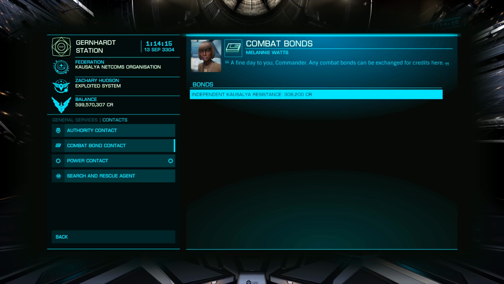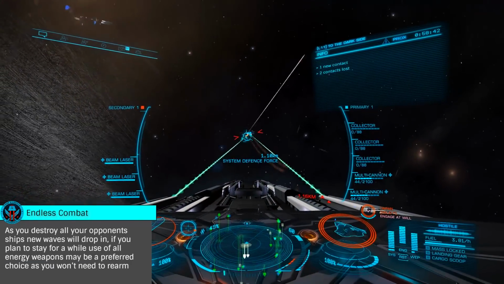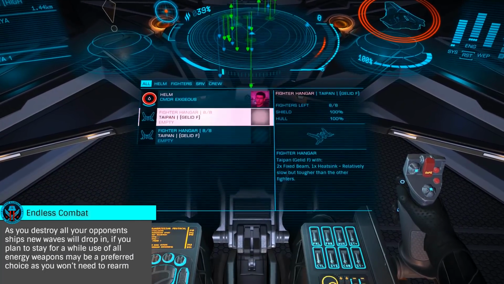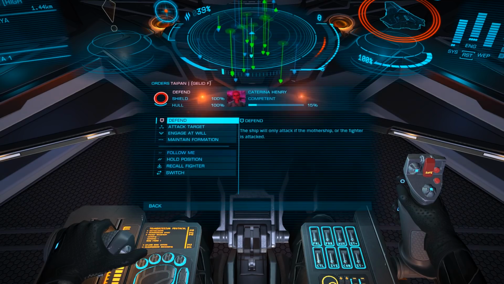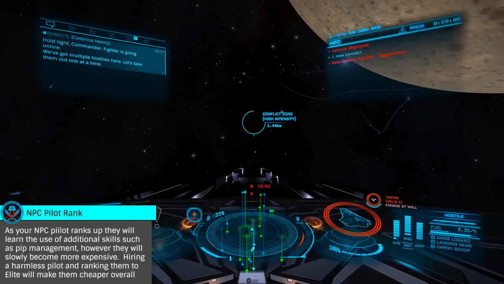Not only are conflict zones a great place to test and hone your combat skills, but given the basically endless stream of enemies, they are a great place to let an NPC pilot gain rank. Here, it is best to bring a Class 6 or 7 fighter bay, so you'll have 2 deployable fighters and can get them back into the fight quickly if they are destroyed. You can set them to engage at will, so they will attack any enemy opponent they like without your specific